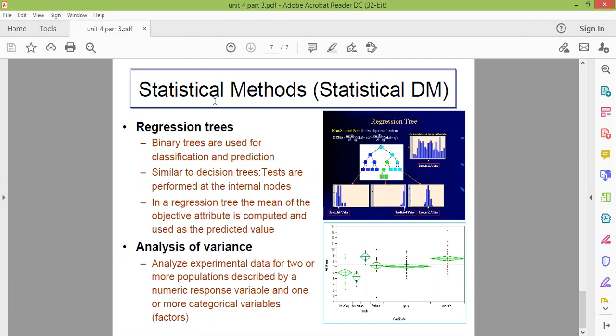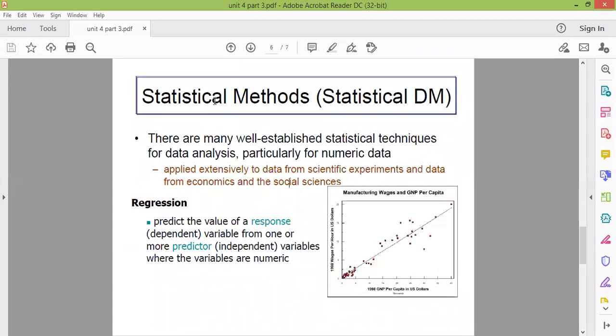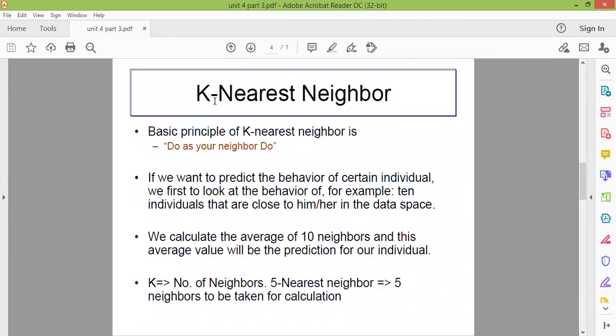So that's all with these two techniques. I have taken it from the very same book. K nearest neighbor is also present in the book's notes which I have provided in Google Classroom, so you can check the theoretical details from there. There is a difference between k nearest neighbor and likelihood and distances, but both techniques depend upon the very same principle: we are predicting behavior based upon our neighbors.